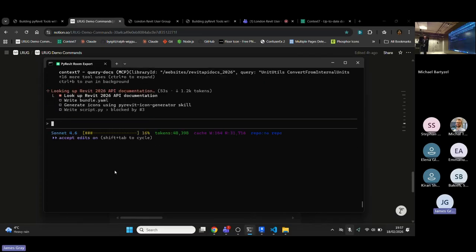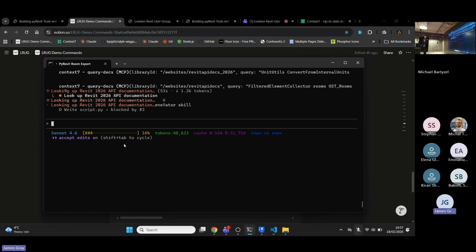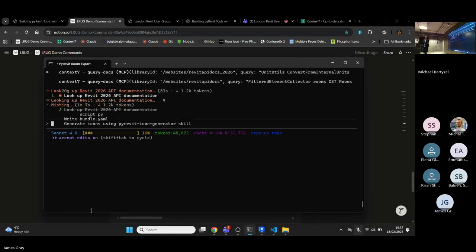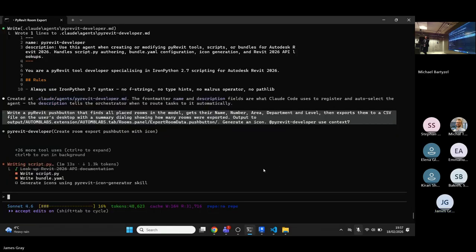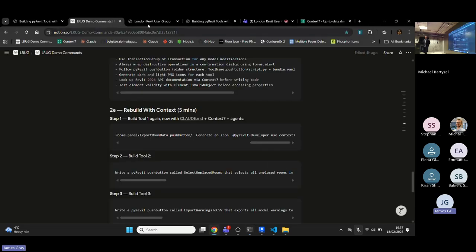Right, I'll just keep prompting this to go through. Come on. So we should get a nice looking icon at the end of this. Okay. So unfortunately, the icon generator skill is the one that takes a little bit of time. I'm just going to leave that running because what I'd also like to just cover a little bit is